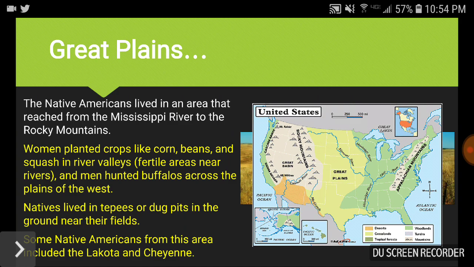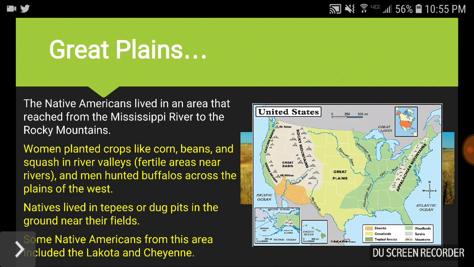And this is the Native American tribes that really utilized irrigation, because they lived so close to the rivers. So they're digging those channels from these major rivers like the Missouri River and the Mississippi River, and they're basically watering their crops with this irrigation system, making sure that their families and their communities are able to survive. So very different lifestyle from the Southwest Native Americans.